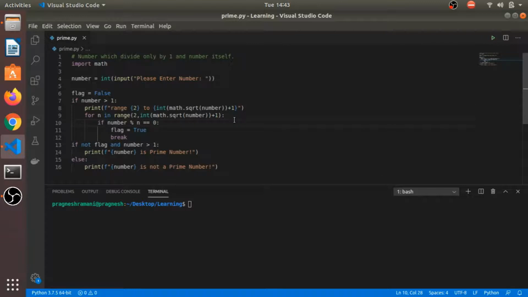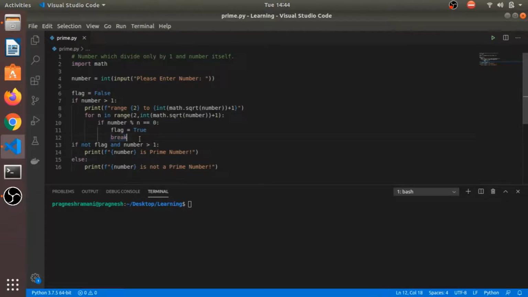Okay, if our number is divisible by any other number instead of 1 and the number itself, then we can say that it is not a prime number, and we will set our flag equal to true and break our loop.